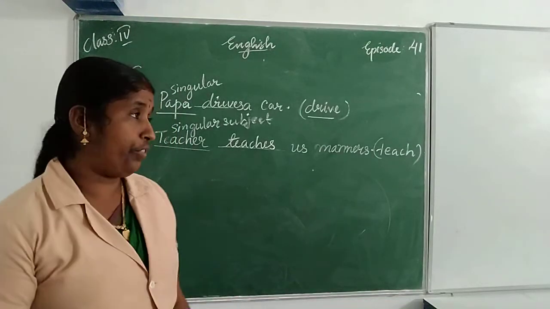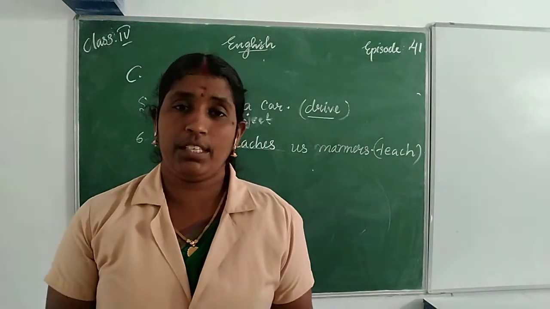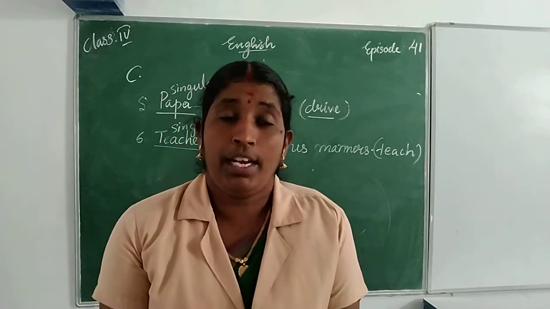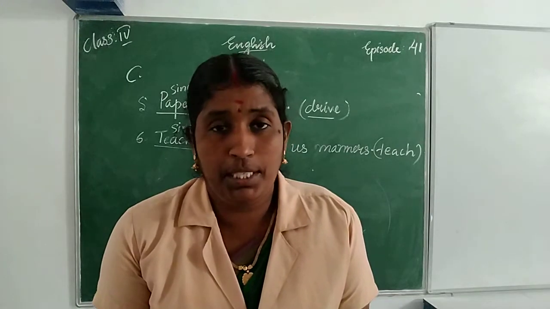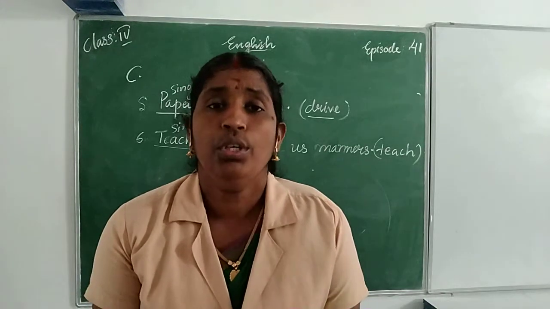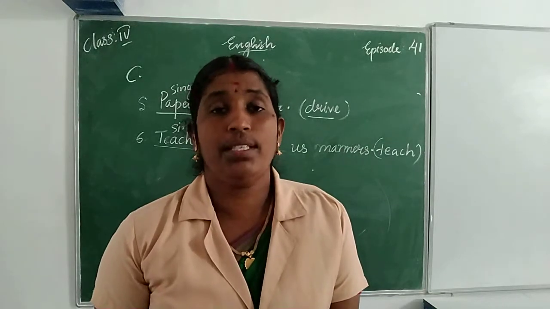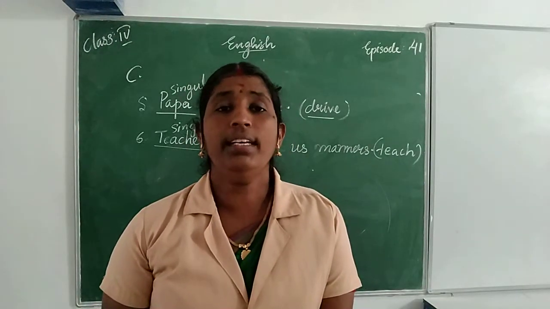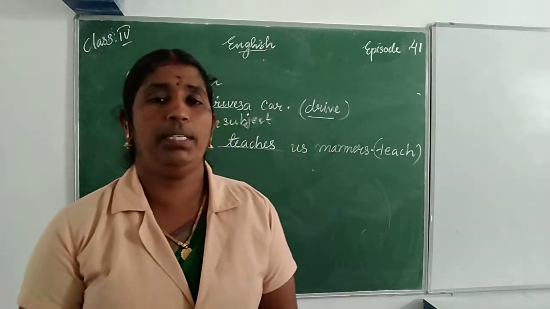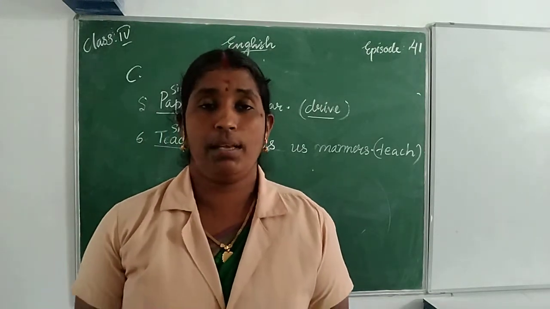Then this is the end of the subject verb agreement. What are the things to remember when we do the subject verb agreement? At first, you find which is the subject of the sentence. When we ask the question who or what, we get the answer to the subject. Then check whether the subject is singular or plural. Then write the words accordingly. That means write a singular verb with a singular subject and a plural verb with a plural subject. I hope all of you understood what is subject verb agreement.